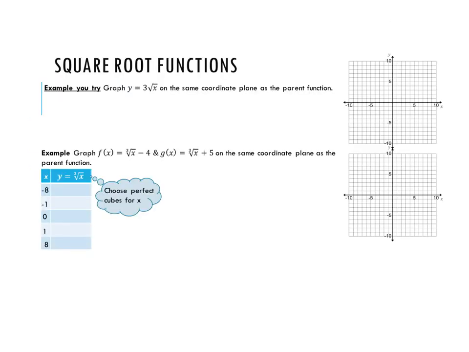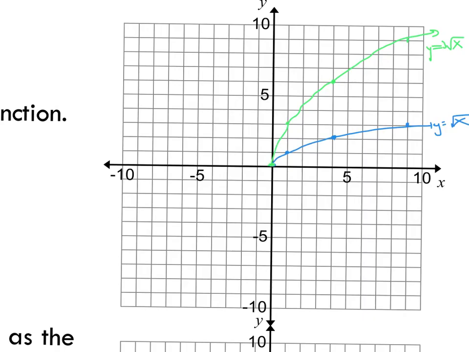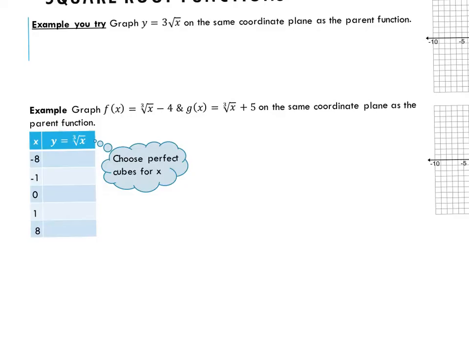Now I would like you to take a minute or two and try the example. Hopefully you get this graph. So y equals 3 square root x is the vertical stretch of y equals square root of x by a factor of 3. So notice when we talk about cube root,